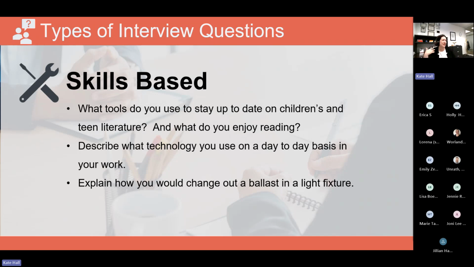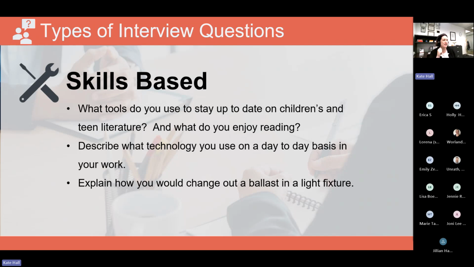What technology do they use? Especially now, where technology changes so rapidly, that can give you a really good sense of whether this person is comfortable with troubleshooting and learning. Because a lot of people, especially those who work public service desks, we need them to be comfortable helping patrons, right? One of the questions that we always ask in our maintenance jobs when we're hiring a